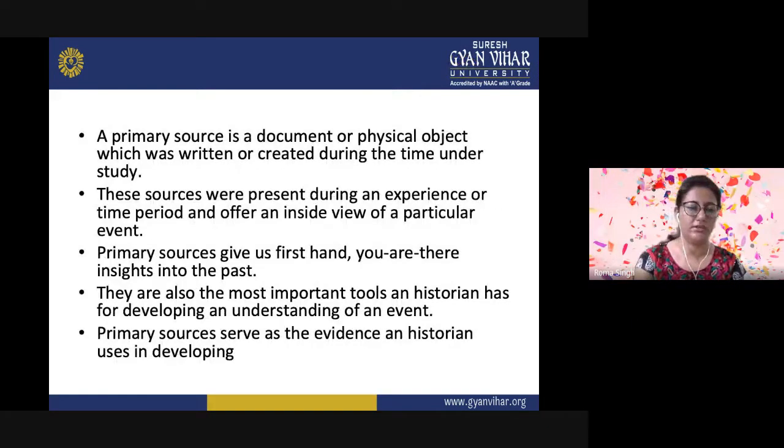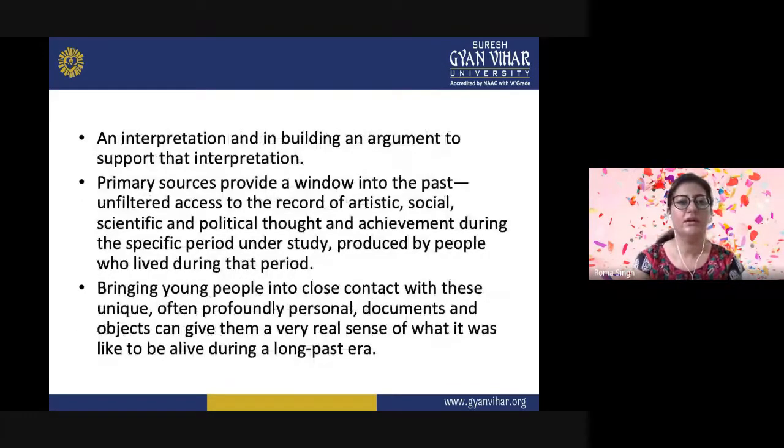So a primary source is a document or physical object which was written or created during the time under study. So it is a first-hand experience. These sources were present during an experience or time period and offer an inside view of a particular event. So primary sources give us first-hand, you-are-there insights into the past. They are also the most important tools a historian has for developing an understanding of an event. Primary sources serve as the evidence a historian uses in developing history and interpretation, and in building an argument